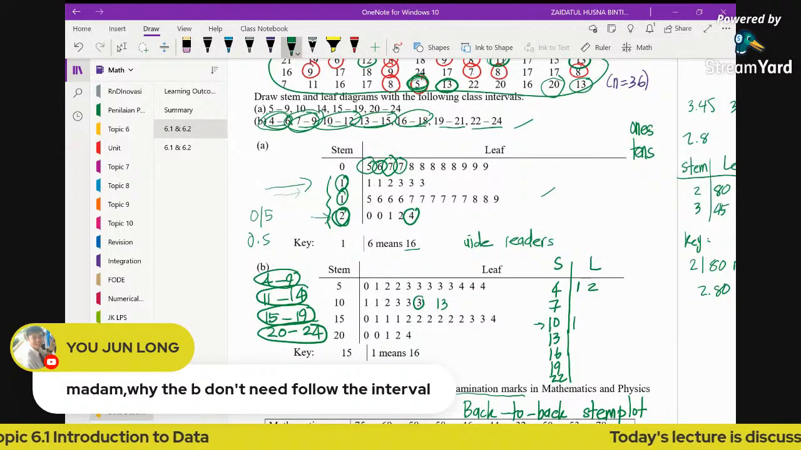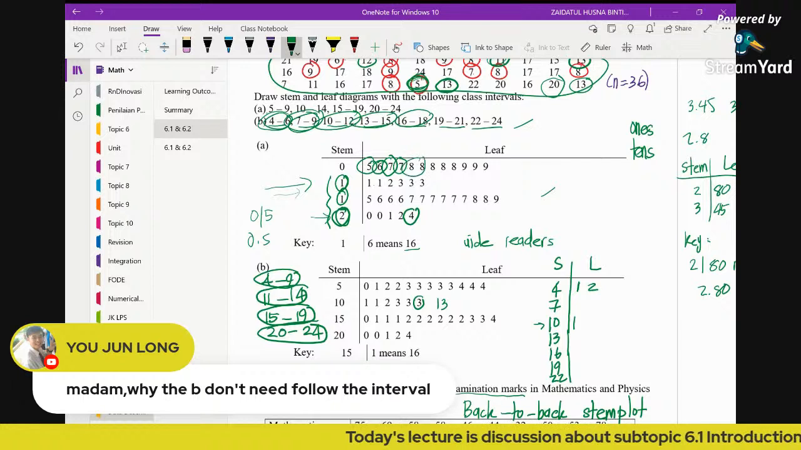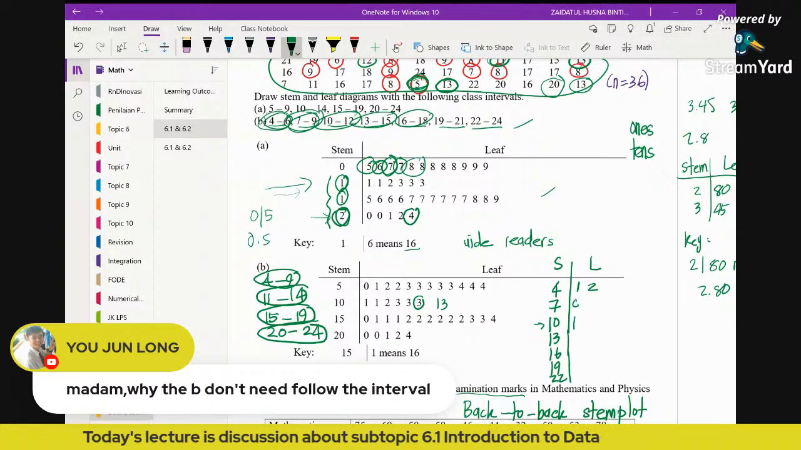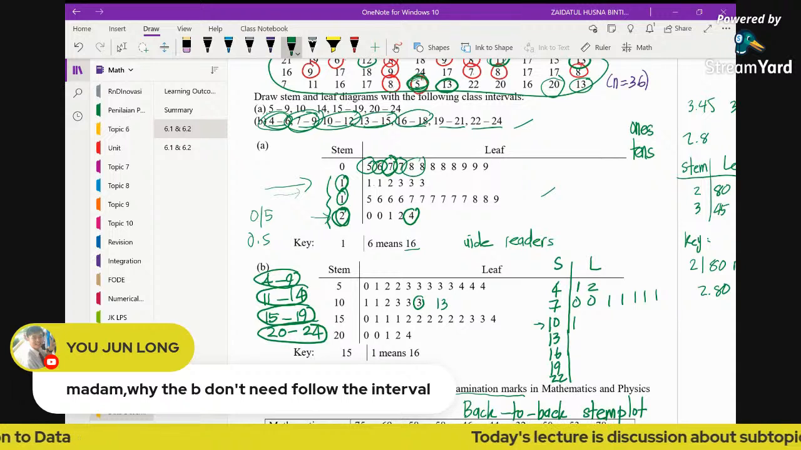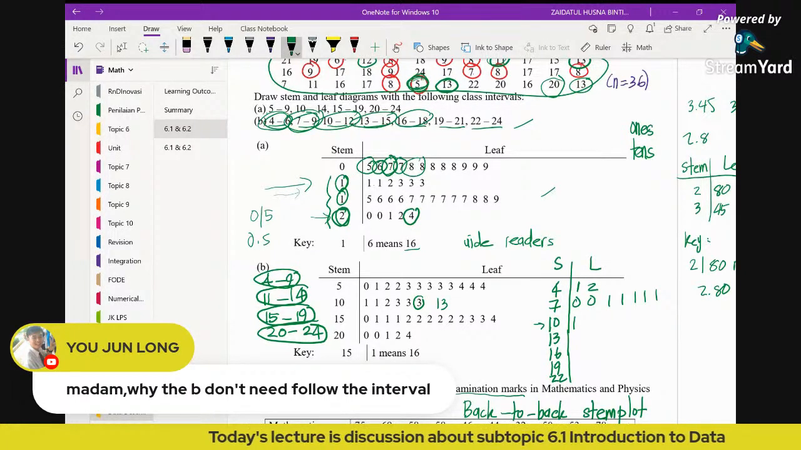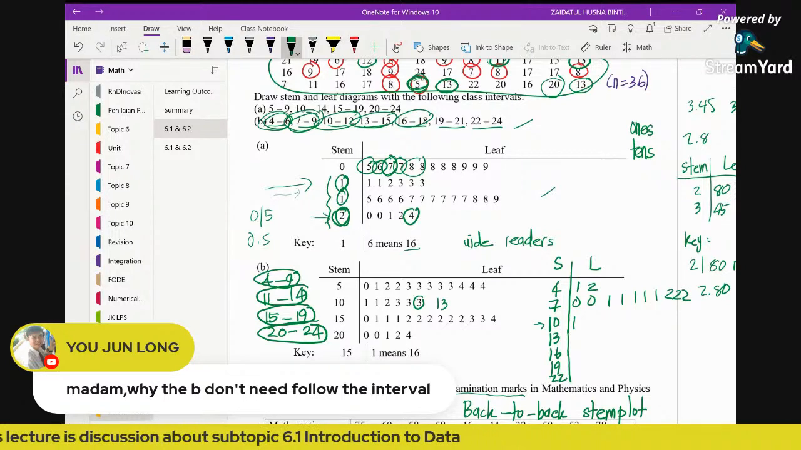And then for the data, 8 here, so we just put 7. For the 7 here, we just put 0, 0, and 8 here, we put 1, 1, 1, 1, 1. And then for the 9, it falls into the second interval as well. So we put 2 and 2. So if you want to follow the interval,